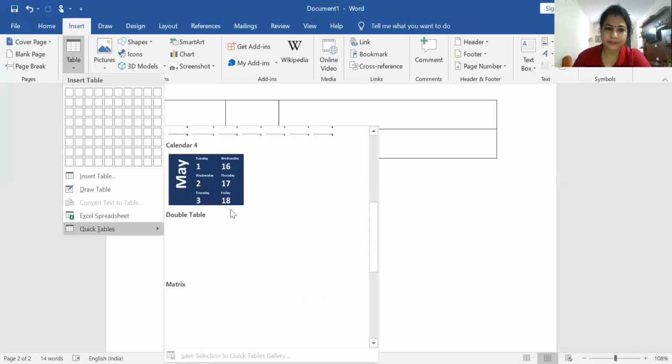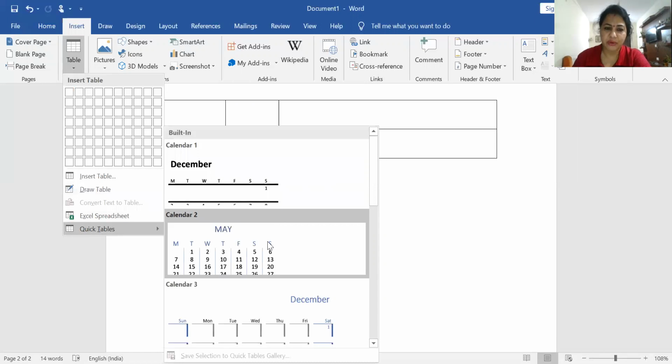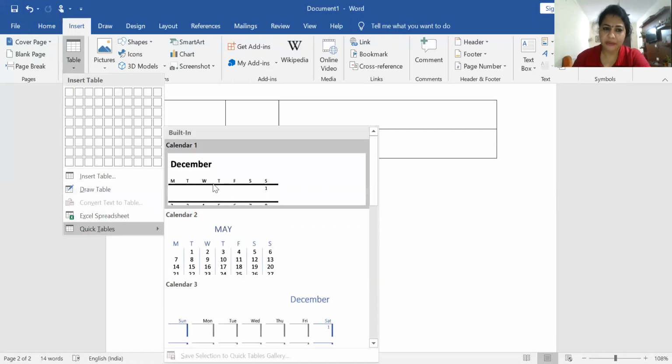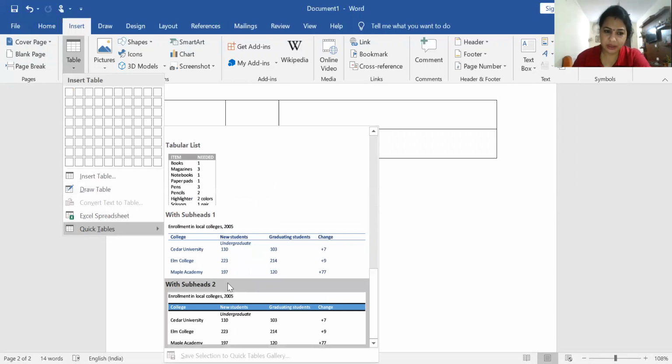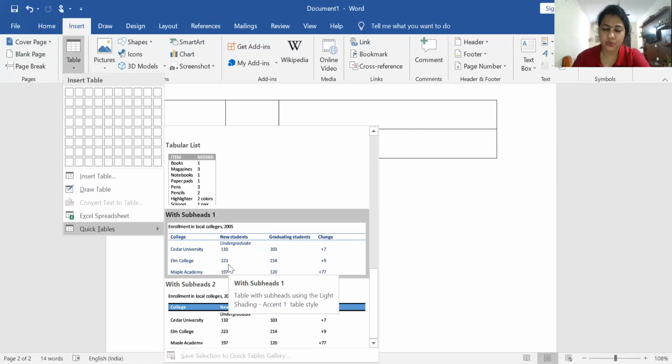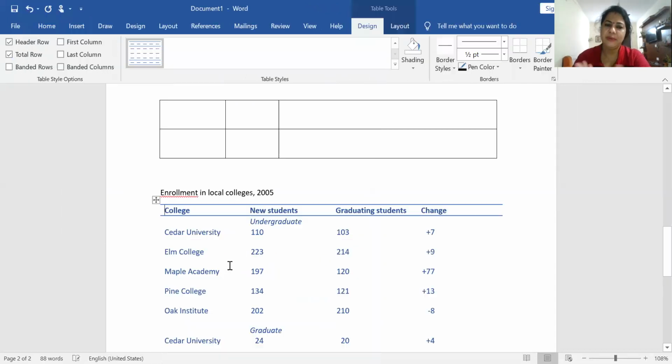Now you go to the different formats. Suitable formats are there. Suppose I want this format, or this format, or any other format. Any particular format I choose, and then I have to click here. Then if the table is of this type of format, it is created. Okay. Now you can delete the data of this